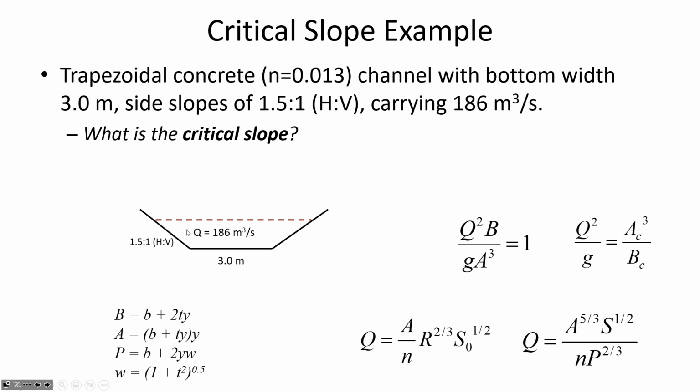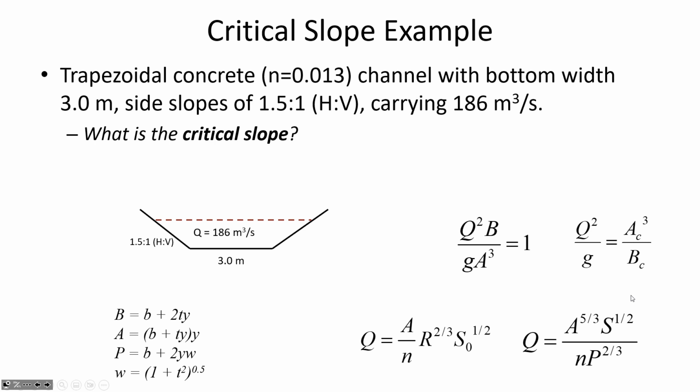We've got the dimensions of the channel defined, where the side slopes are 1.5 to 1. And what we're going to try and do here is a two-part problem. First, find out what is the flow depth in this situation using Manning's equation. And then we'll find the flow depth based on the Froude number,